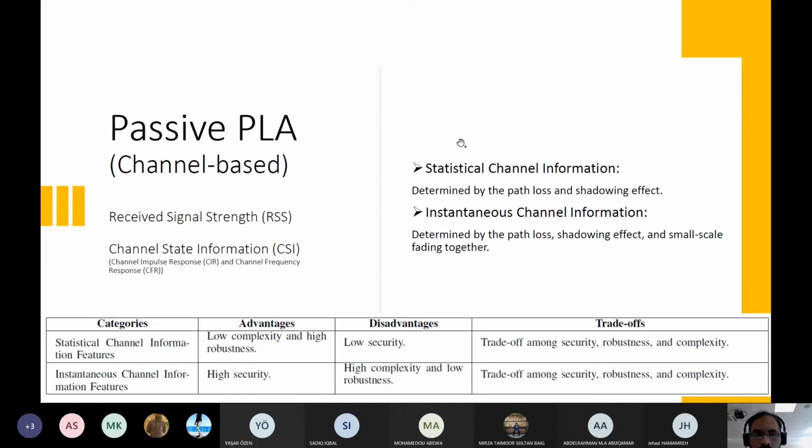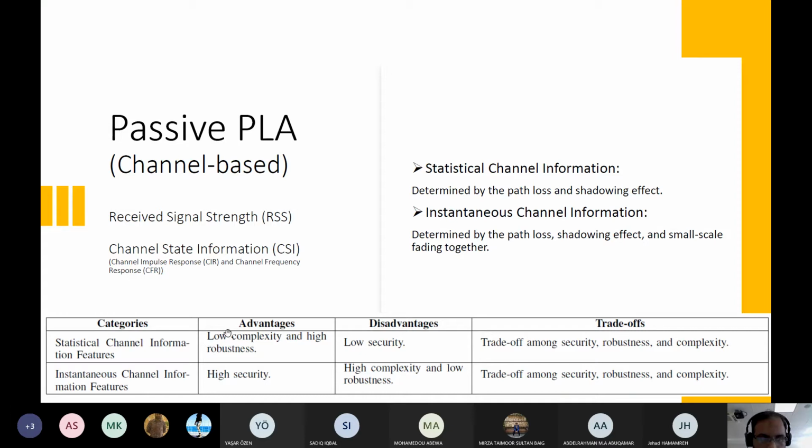Then, as you know, you can have statistical channel information or instantaneous channel information. Statistical channel information is determined by path loss and shadowing, and instantaneous channel information is determined by path loss, shadowing, and small scale fading together. What will be the effect on channel-based authentication if we have statistical or instantaneous channel information?